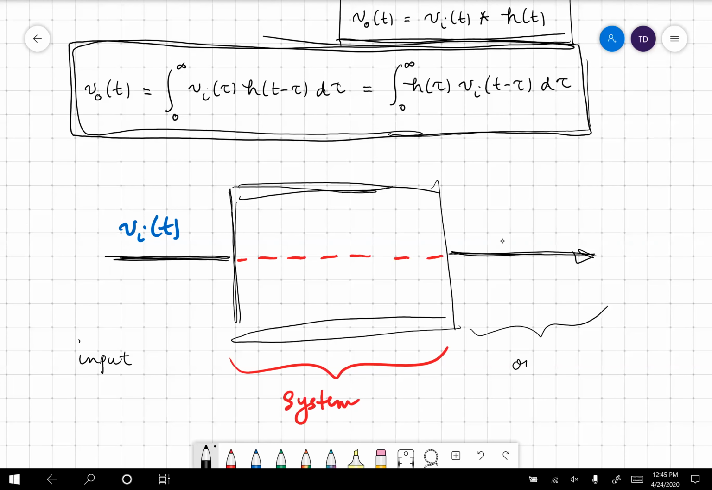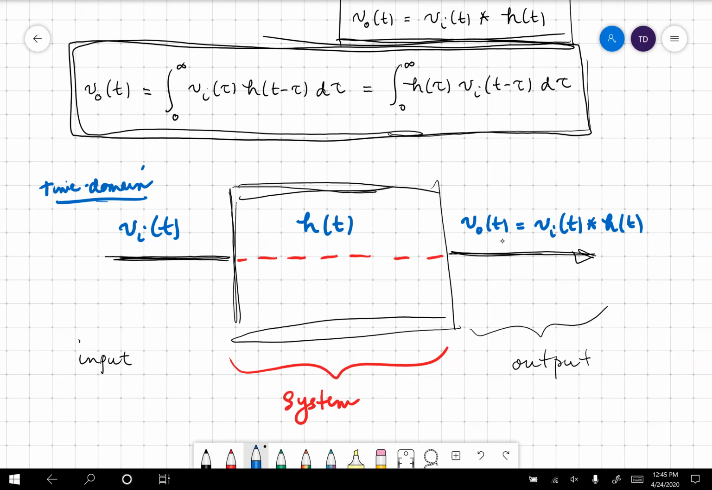So from the system perspective, in blue, VI of t, H of t is the system, and then my output, VO of t, equals VI of t convolved with H of t. And everything in blue is in the time domain. If you want to work in the time domain world, which we know is generally harder. If we want to work in the frequency domain,